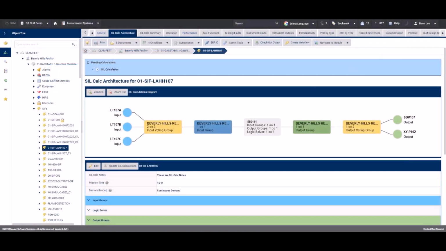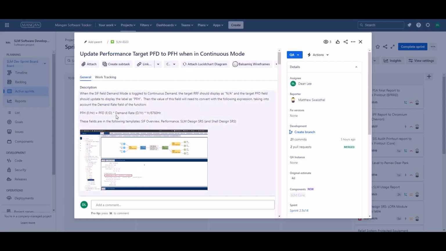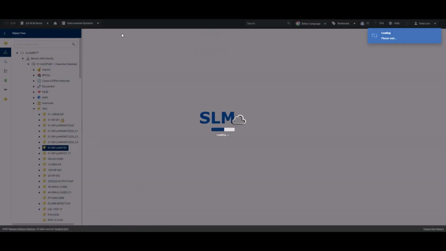Now that they're complete, if we come to the Performance tab, we can see that the PFD column header here for the ratings has changed to PFH, and this target value has changed also as per the ticket requirements. So it's the PFD value multiplied by the demand rate multiplied by years over 8760 hours. So the demand rate can be found in the General tab,